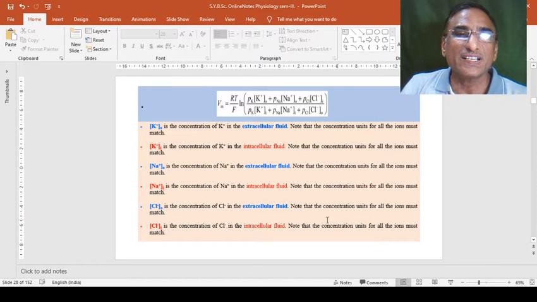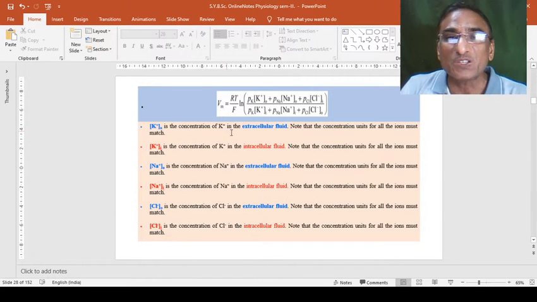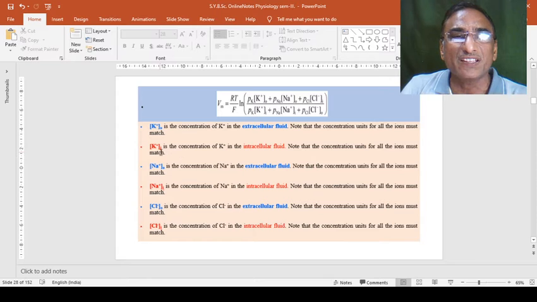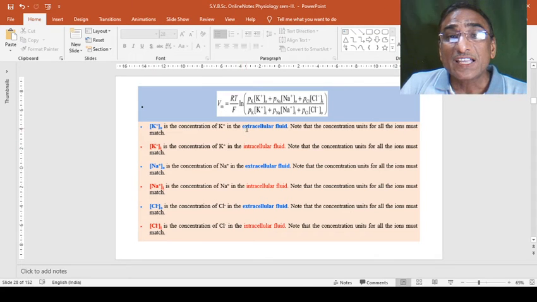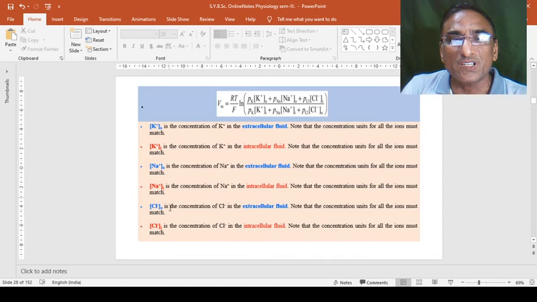One more thing to be noted here is the K plus ion, the potassium concentration. If here is an O, we can say O is extracellular, and I is the concentration of potassium in the intracellular fluid. Okay, this is the constant, potassium extracellular, intracellular, and this is about sodium and this is about chloride ions, either outside or inside.